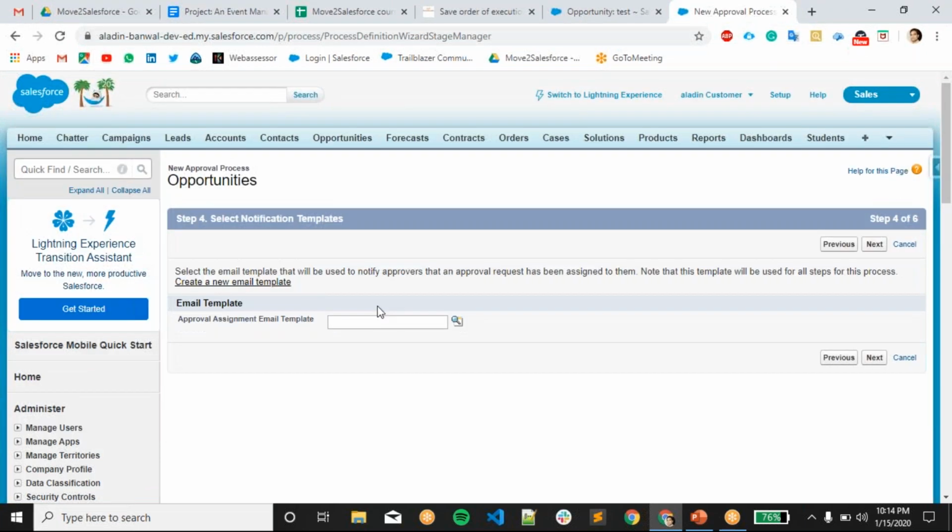And here we have to select the email template, like what we are going to send. That particular approver will be receiving an email that a user has submitted that particular request to approve. So please approve or reject. That kind of email template we have to create and select.